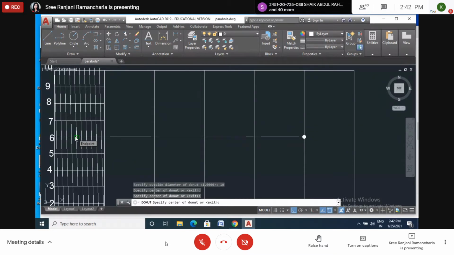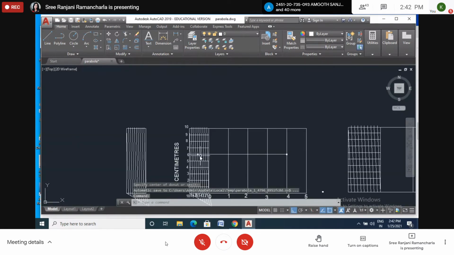It is only a starting point. Starting or ending point, yes, good. Okay then, so I kept a donut here, just copied. Take the copy command and place a donut here. I am using this donut as a point, but don't call it a donut. At present we'll say this is a point. Okay. Now,